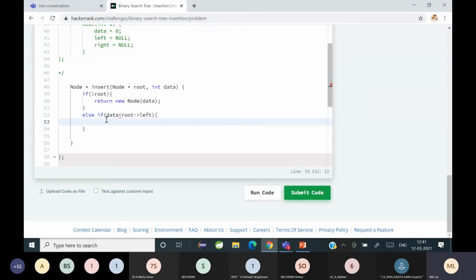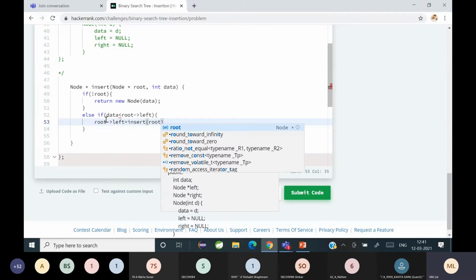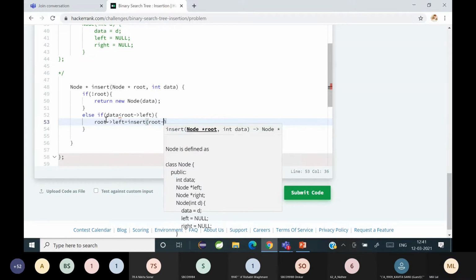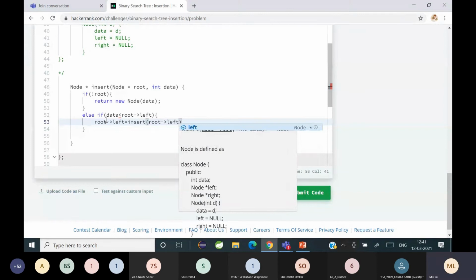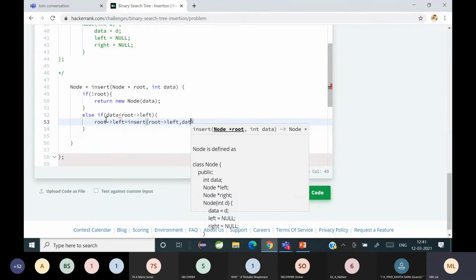You will set root.left equal to a recursive call of the insert function with root.left and the data.